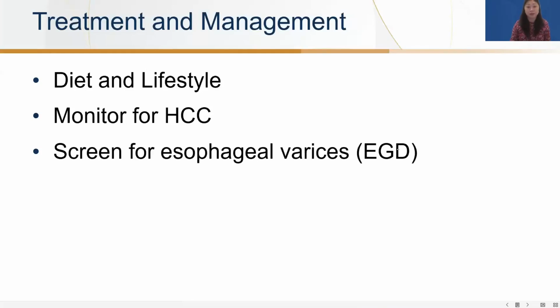So you want to counsel this patient aggressively on diet and lifestyle modification, focusing on weight loss of 7 to 10%, really discussing with the patient a healthy diet and incorporating exercise. For this particular patient, you will need to screen this patient every 6 months with AFP and ultrasound